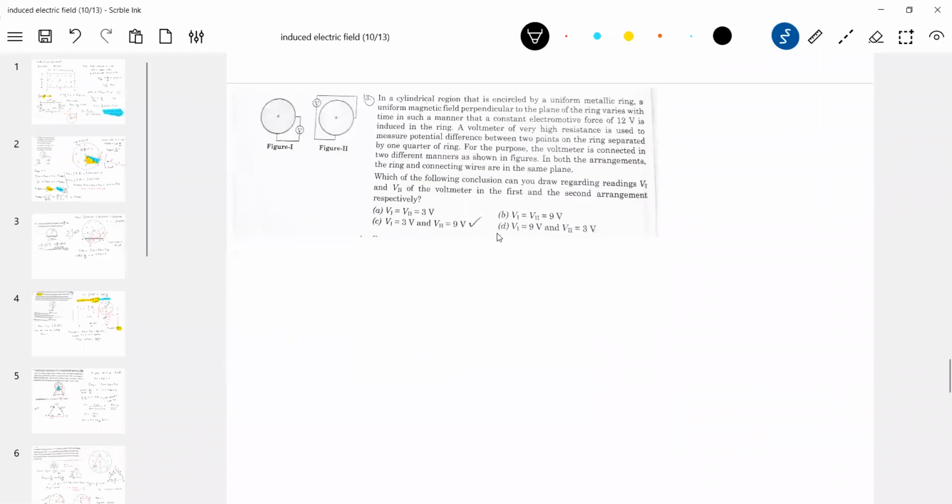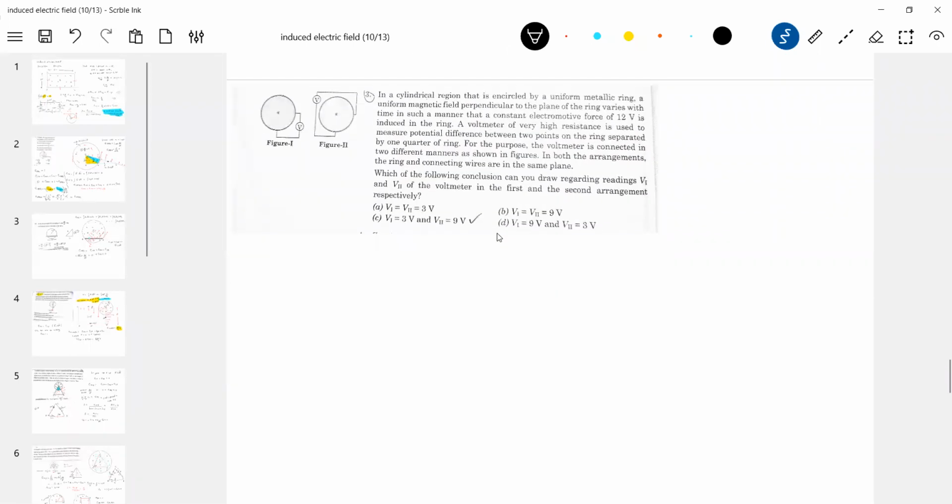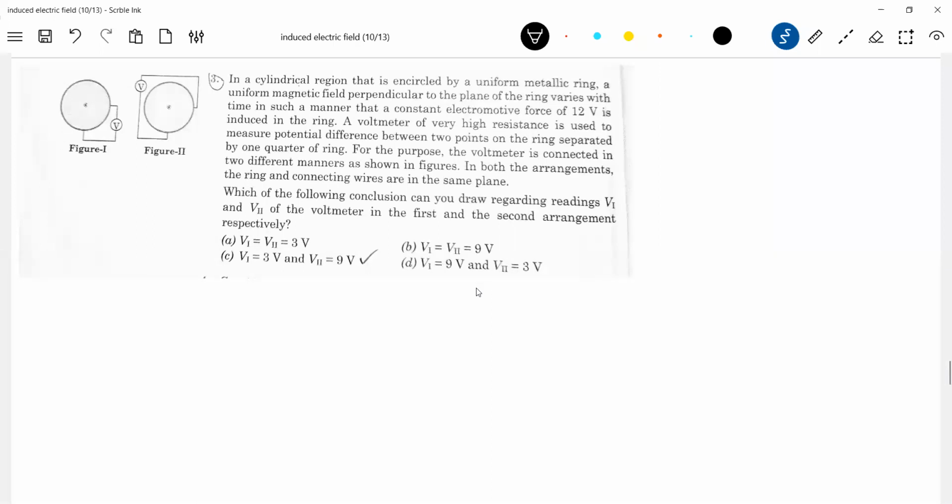First we'll discuss a Pathfinder question. Read the question. Again, this is based on a basic concept. With a voltmeter, I'm going to measure the potential difference. Then we'll see what the reading of the voltmeter will be when you connect it in different ways. Read the question very systematically. It's directly giving us some information.